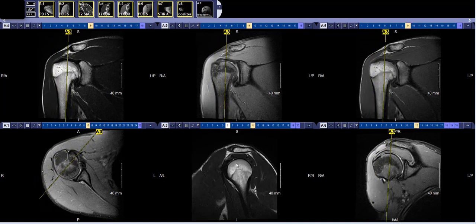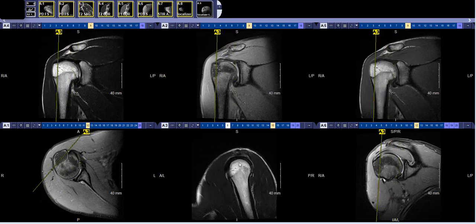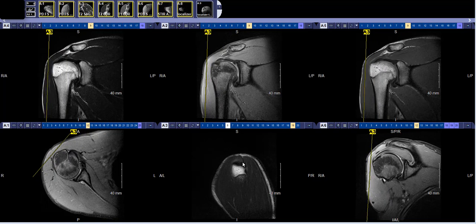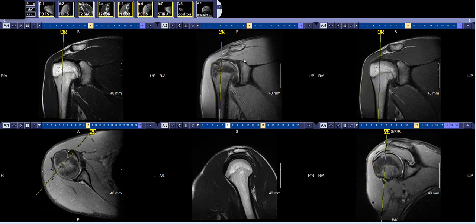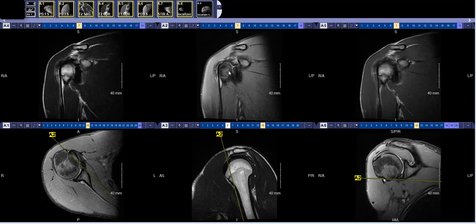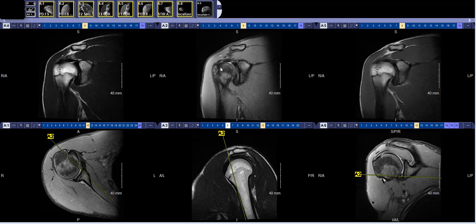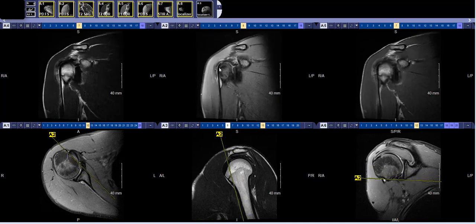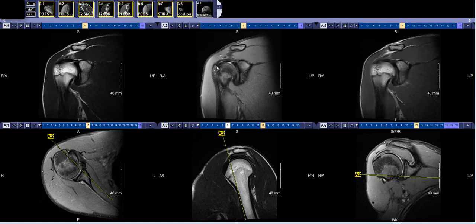And I'm looking at these really in all 3 planes. But this first sequence here, giving you an idea if there's going to be much pathology with the tendons. Also looking at the coronal. And with the coronal, typically I start by finding the long head biceps tendon here anteriorly in the shoulder. And once you find that and scroll posterior to it, you're going to be getting into the greater tuberosity, the